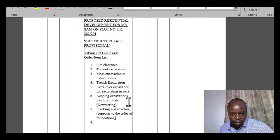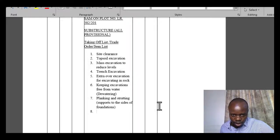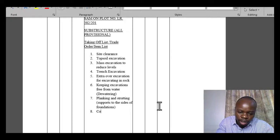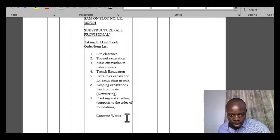And then we have site clearance, topsoil excavations, planking and strutting. So from here, we can now do what we call the concrete works. I told you that we are following that order. So we can go to concrete works. So concrete works, we can mention that and say that we have